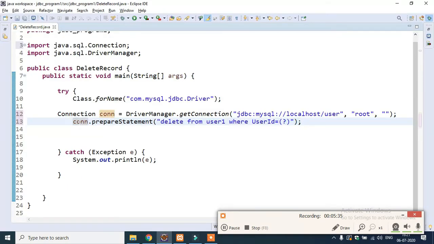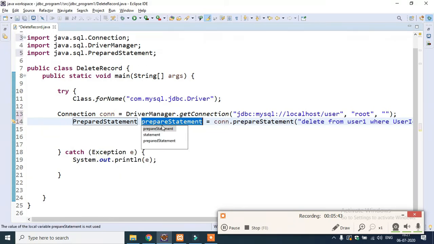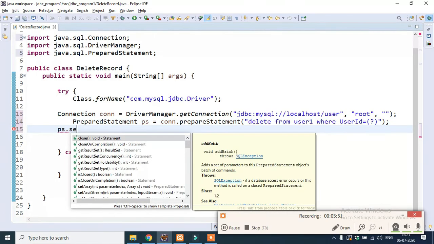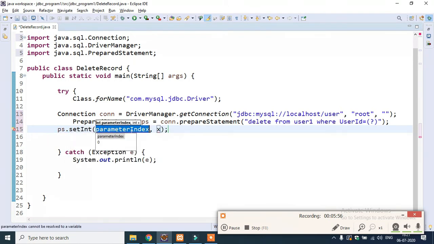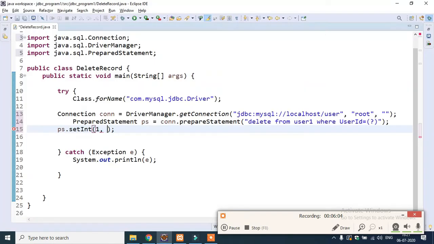Place the cursor over here and get the return type by pressing Ctrl 1. You see assign a statement to a new local variable. Click, and let's give it ps as the reference variable. And I will write ps.setInt, right here 1, and I want to delete the record which has user ID 102.